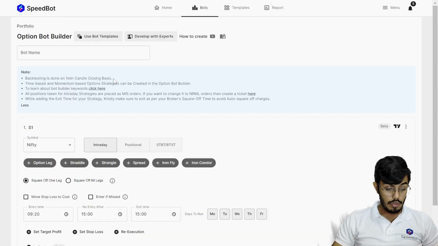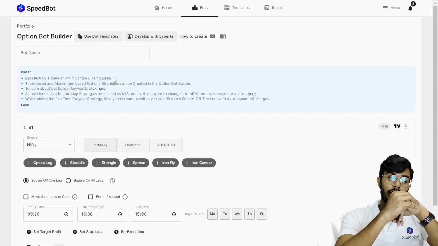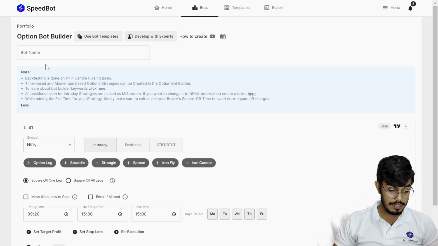Okay, so we receive such questions that Mr. Subbaswamy has created an algo and backtested it. In the candle interval or in the time interval, he has mentioned the time period as 5 minutes, but in the backtesting report, he is able to see the candle interval as 1 minute. So this is a pretty good question that usually the users who come on SpeedBot are a bit confused about. In order to solve their confusion over here, as you can see in the builder, if you read